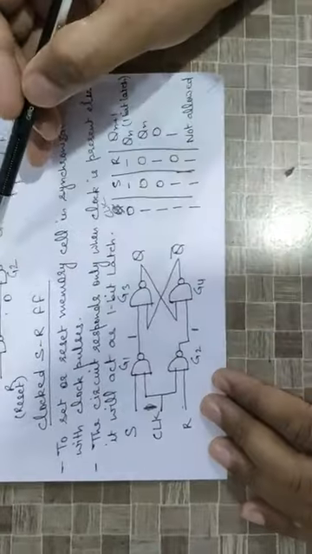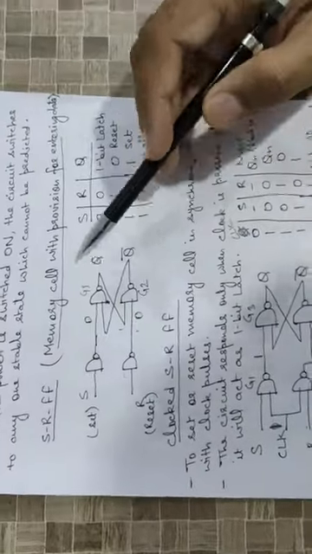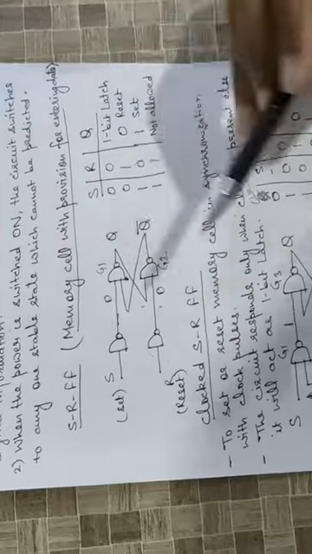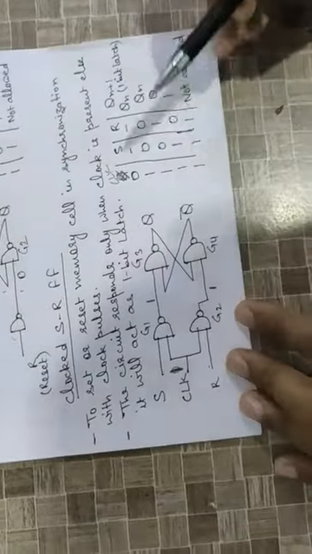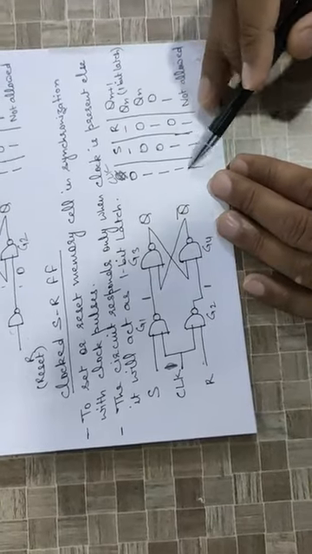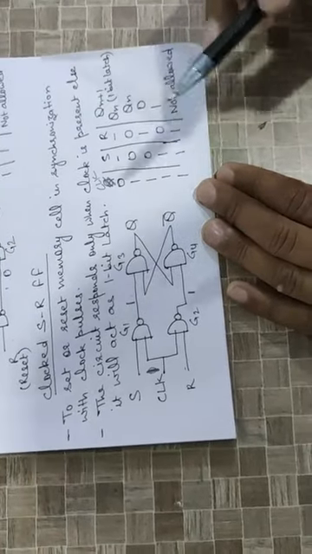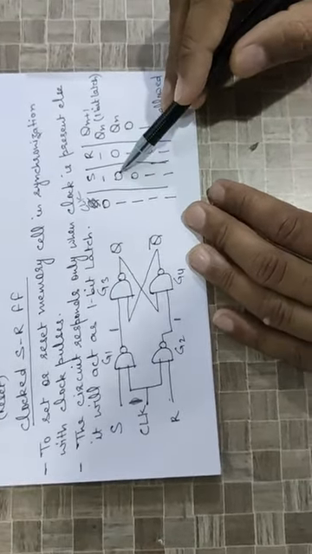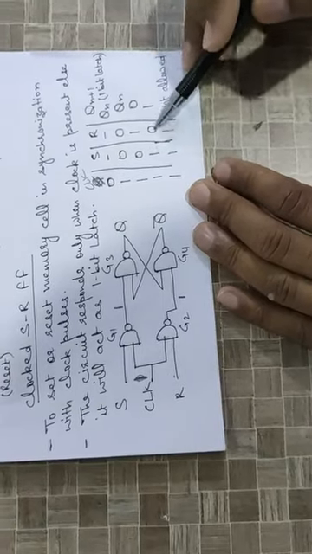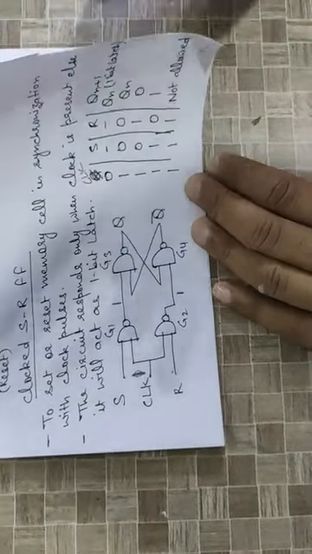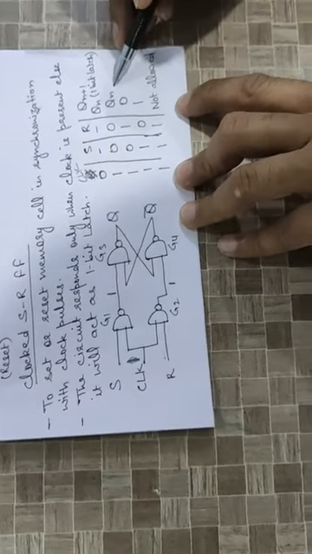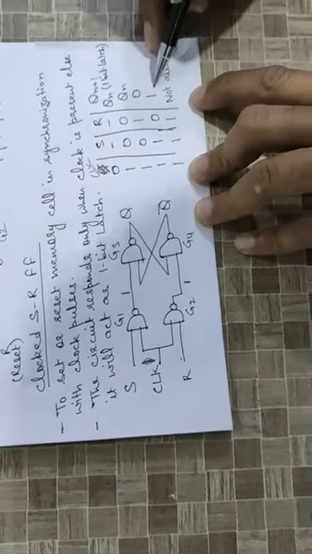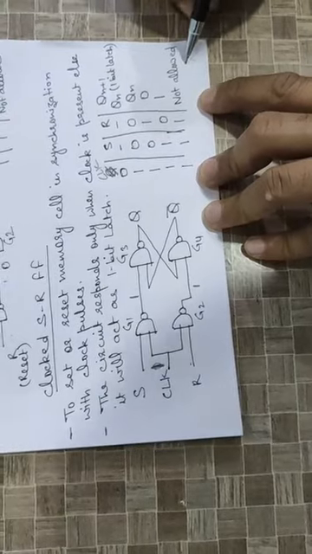After that, as we have discussed in case of SR flip-flop, the same working will be there. So we will be getting the same outputs, when the value of clock pulse is 1 in all the 4 cases. The possible values of S and R are 0 0, 0 1, 1 0 and 1 1. And as we have discussed earlier, similar to that, we will be getting the outputs as Q of n, 0, 1, and the 1 1 condition is not allowed.